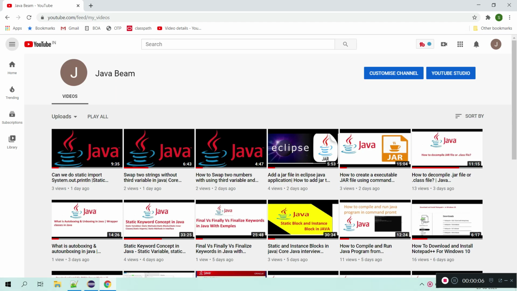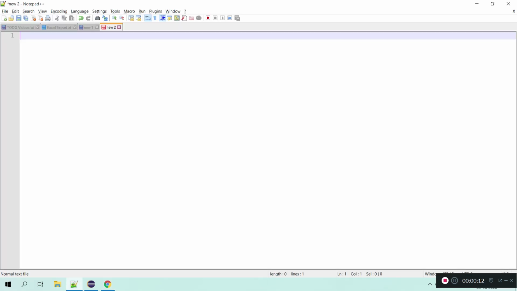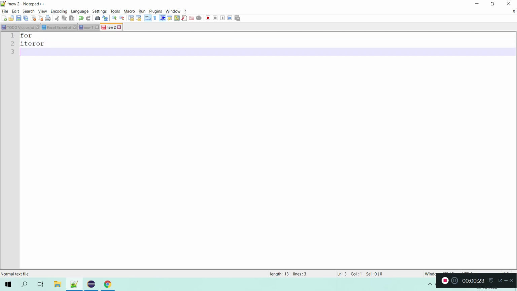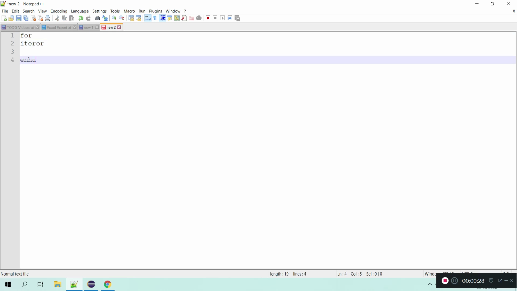In this video, I'm going to explain the functionality of the for-each loop, which was introduced in Java 5. So here is the agenda. We'll see the legacy approaches using the index-based for loop and iteration, so for loop and iterator. Then we'll go for the enhanced for loop, and we'll see what the advantages are and what the problems were with the previous approaches, and how we get more advantage using the enhanced for loop.